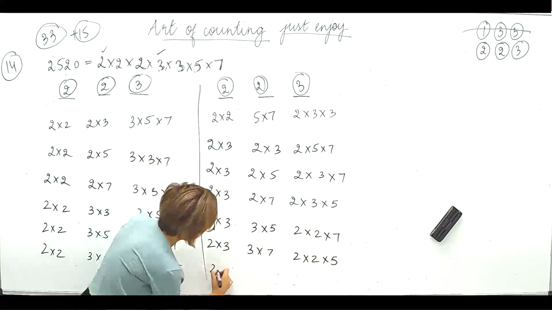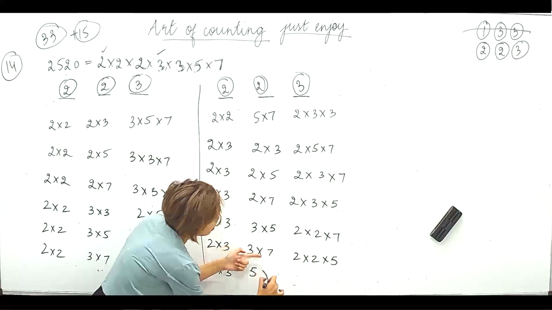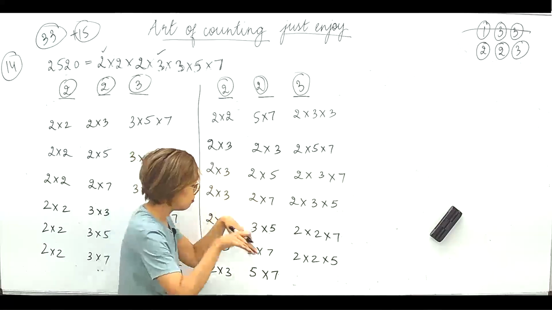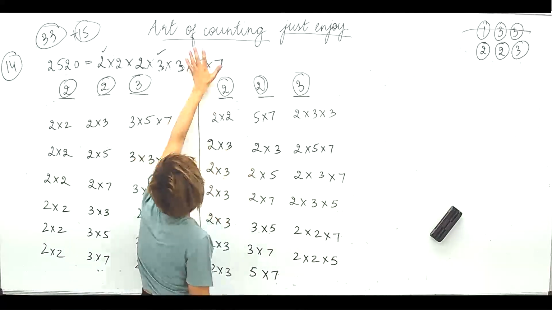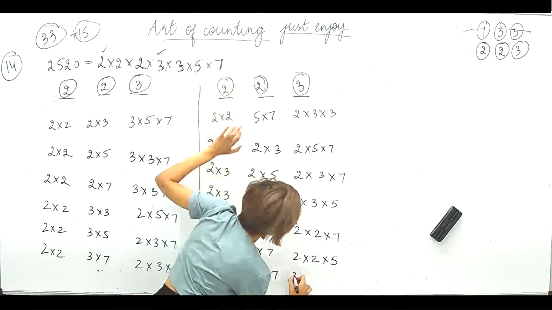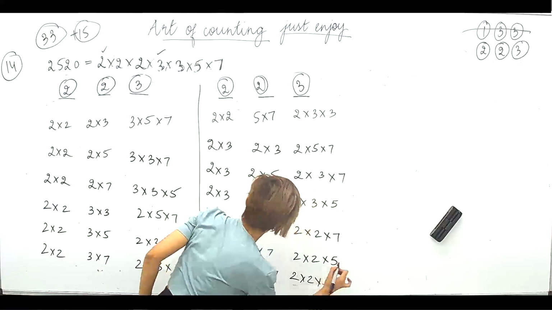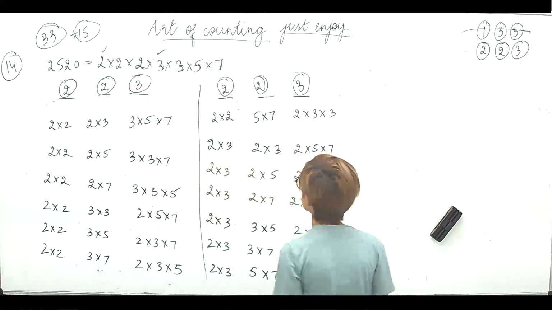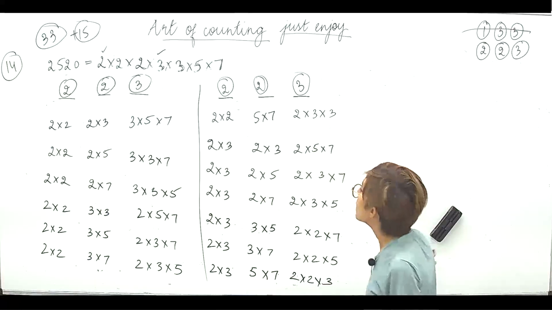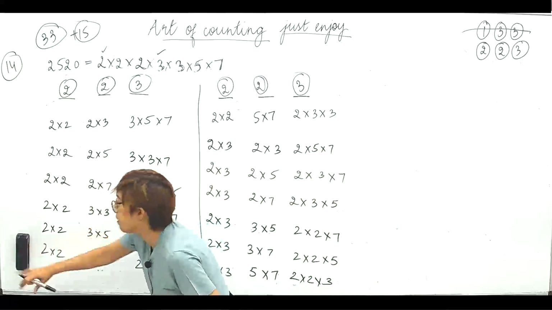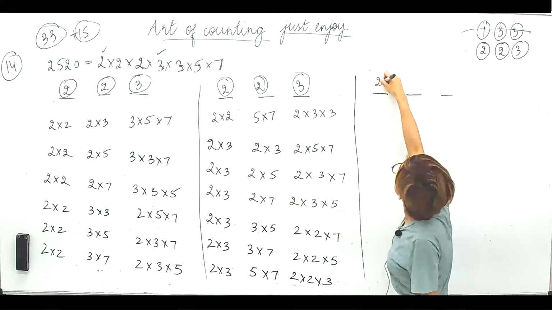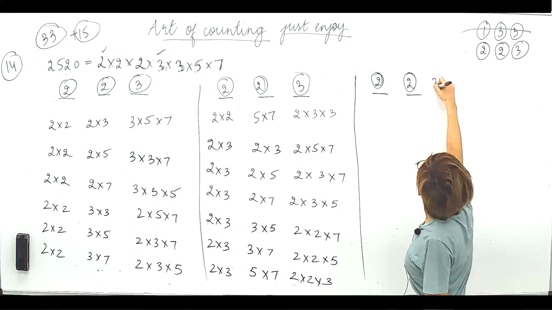Now let's start with 5. So 2 into 3, now 5 into 7. Obviously, I'm not taking 5 into 3, I'm not taking 5 into 2. Those are done. So I took 5 and 7. So I'm left with 2 into 2 into 3. Done? Right. Now I will also have to check for repeated cases. Okay, we'll do that. We'll quickly check that at the end. Cool. So next. So 2, 2, 3.